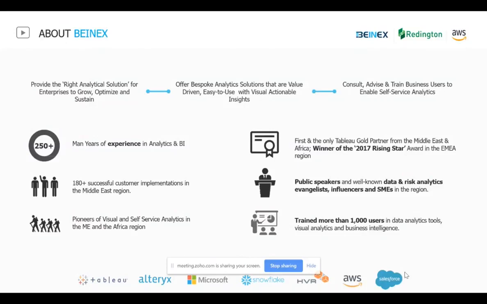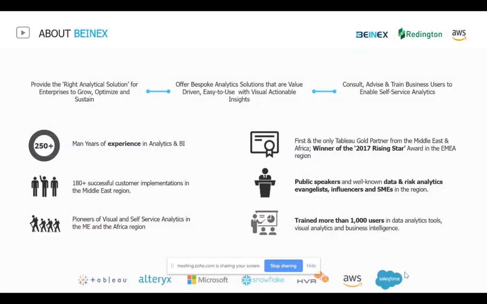And we have also diversified our service portfolio by being one of the premier select partners of AWS. And we have completed multiple successful cloud implementations across the region as well.